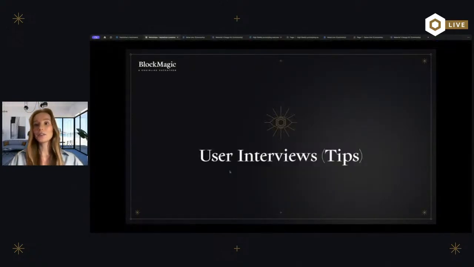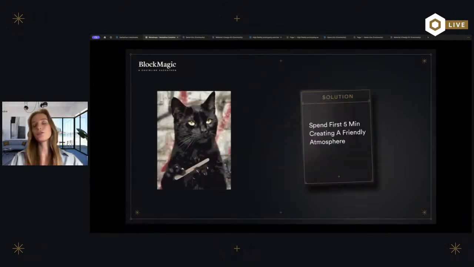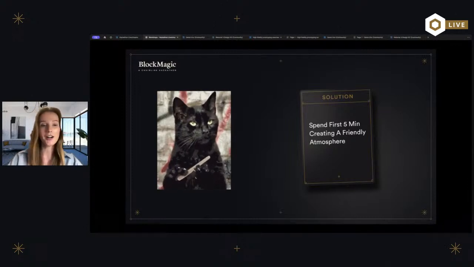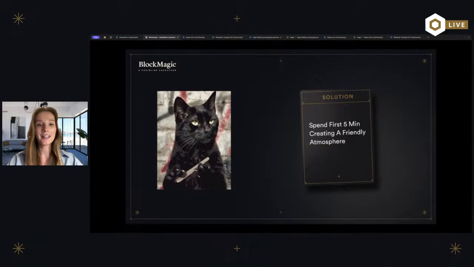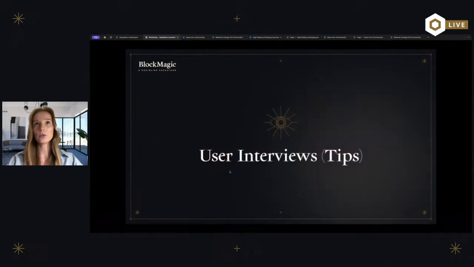Cool. Now I wanted to talk about user interview tips, because usability testing is cool, yes, but while we are doing usability testing, we are also conducting user interviews. It's not separate. You are talking with humans, and there are some tips on how to start, how to finish, what to say in the middle, how to conduct user interviews and usability testing to get more results, to get the truth from the people,